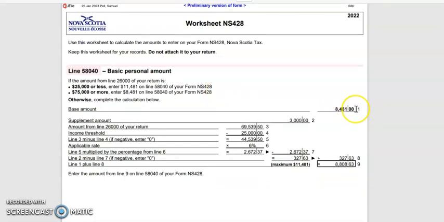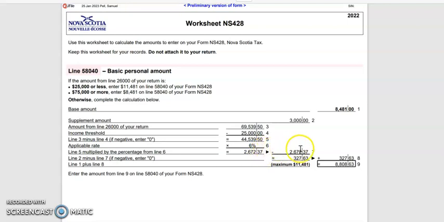So we've got the base amount, which is your 8481. The supplement amount is your 3,000. So now you need to fill in this section here to figure out how much of the 3,000 you're entitled to. So you want line 26000 from your return, which is the 69,539.50. Subtract the income threshold, which is 25,000, and it gives you 44,539.50. Multiply that by your 6%